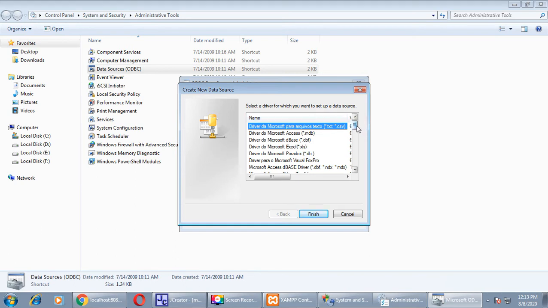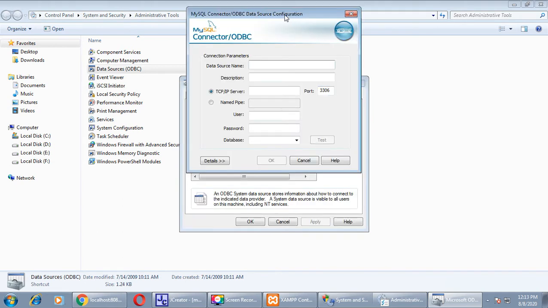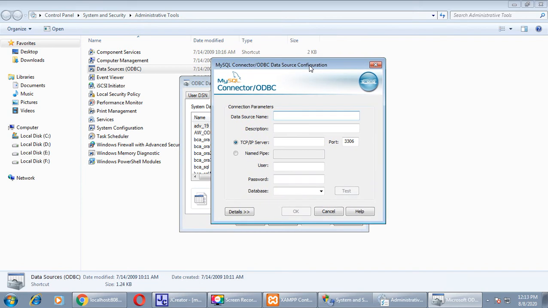Now we are going to do the connection with MySQL. For that you need a driver. The name of the driver is MySQL ODBC 5.2 ANSI driver, right? Select this driver from the list shown over here, then click on finish. Now again you will get a new window. Provide a data source name for the MySQL connection. I am giving SQL underscore DSN as the DSN name.